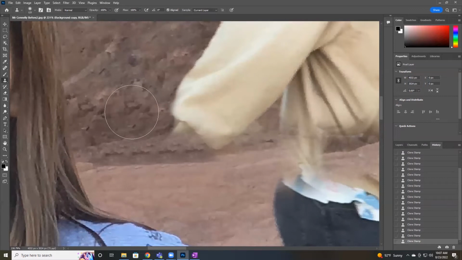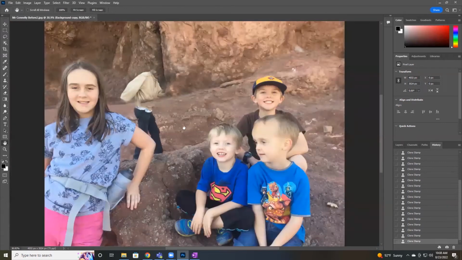So if I hit the S key to get back to my stamp tool, and the braces to make that smaller, what I'm going to do now is lower my opacity to maybe about 50%, and I'm going to hold down the Alt and copy some of these rocks from up above, and that's going to get rid of some of that repeated pattern, and make it more of its own self. All right, so I'm going to double click on the hand to zoom back out,